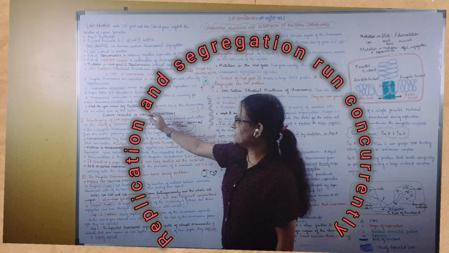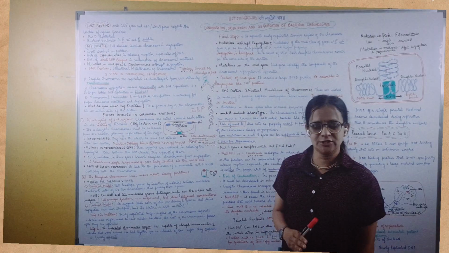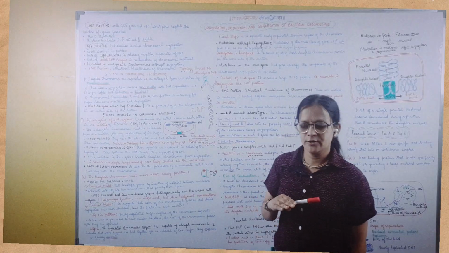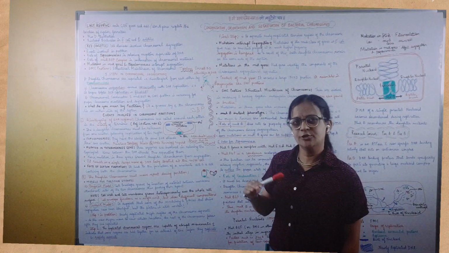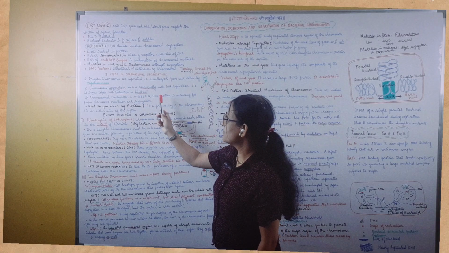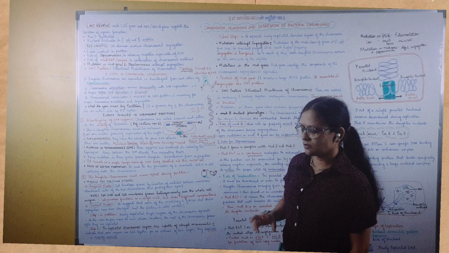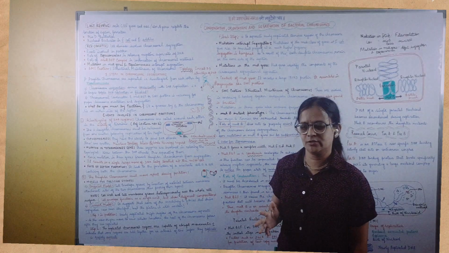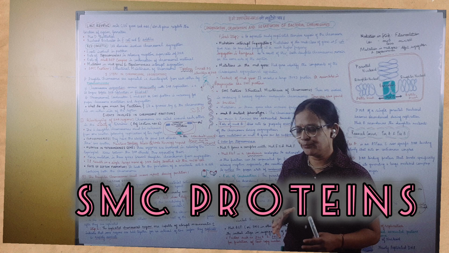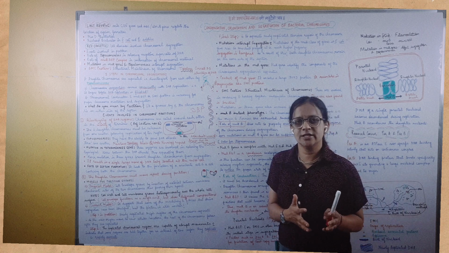Now, for chromosomal condensation, you have a couple of genes, as I said, that is MukBEF, and you have proteins similar to MukBEF called SMC. So MukBEF and SMC proteins are necessary, or you can say they are mandatory in prokaryotic cells in order to properly orient the genetic material.